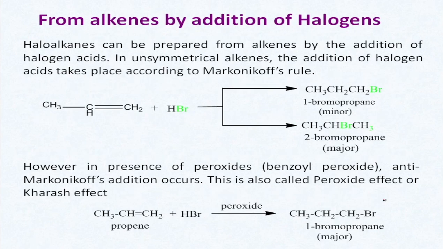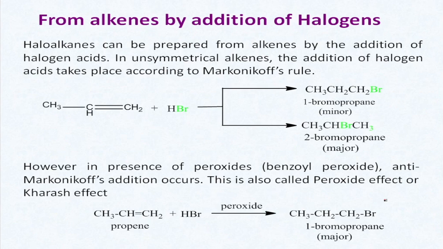Number 3, from alkenes by addition of halogens. Haloalkanes can be prepared from alkenes by addition of halogen acids. In unsymmetrical alkenes, the addition of halogen acid takes place according to Markovnikov's rule. Markovnikov's rule is from class 11. The rule states that